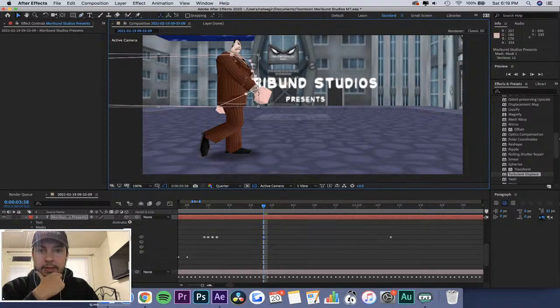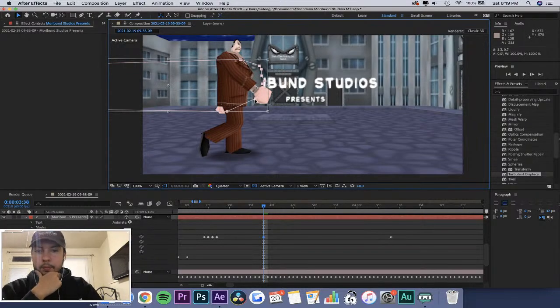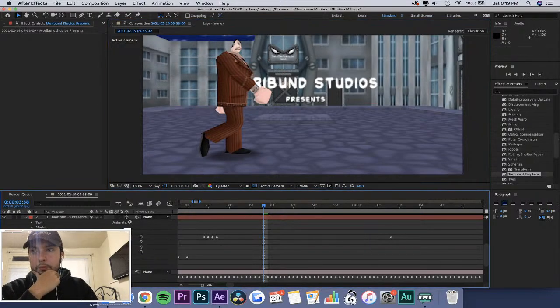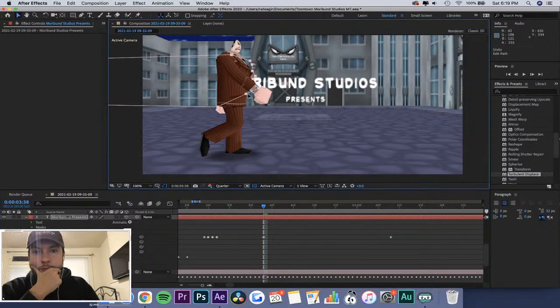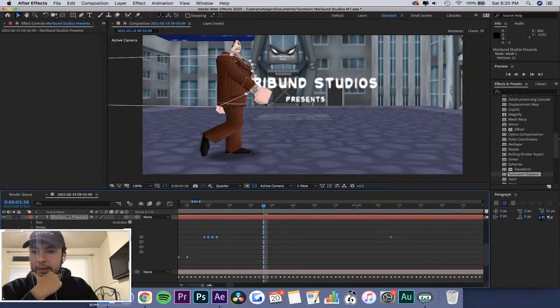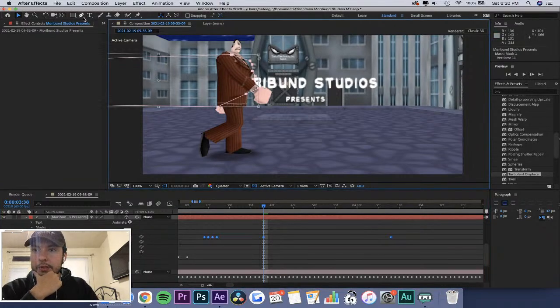Yeah, it's getting a little messy here. Oh my god, I don't know why it won't let me just move that point. It's just insisting that I move all of it for some reason.